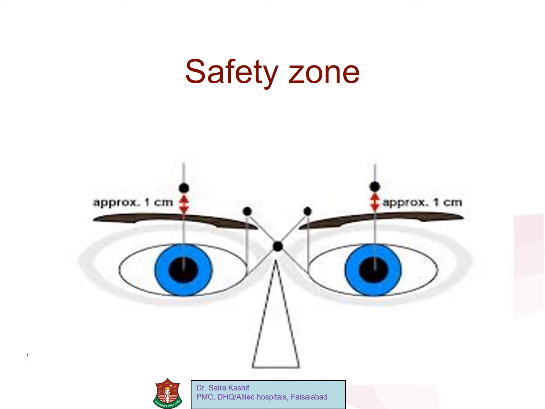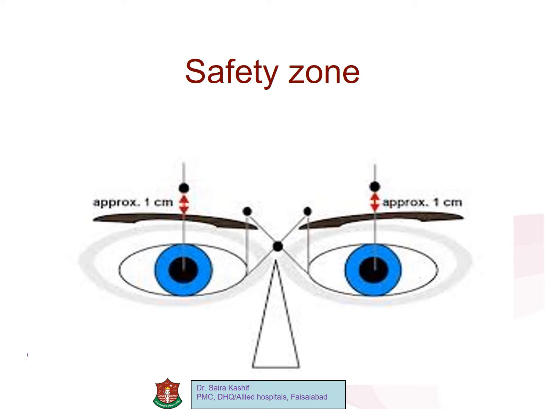Now there are 5 injection points for the glabellar complex. If you draw a line from the medial end of the brow to the medial canthus of the eye, at the point of intersection of these two, this is the point of injection for the procerus muscle. And this is the medial end of the corrugator just above the eyebrow.